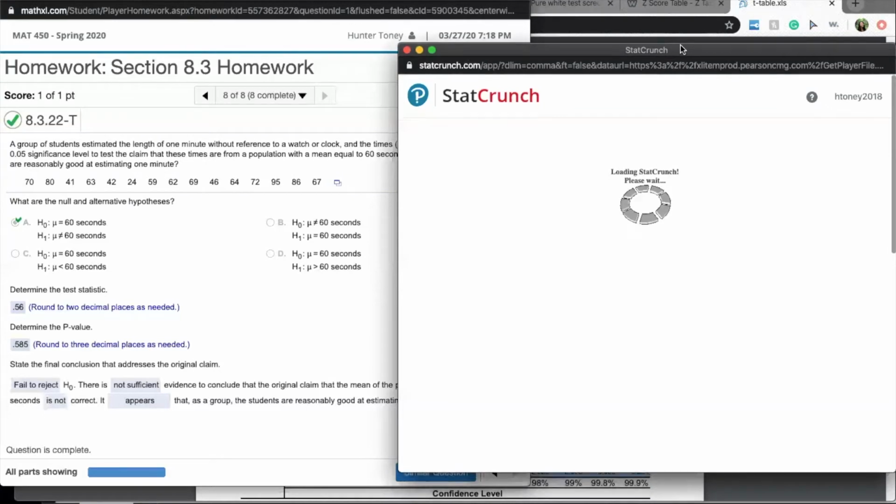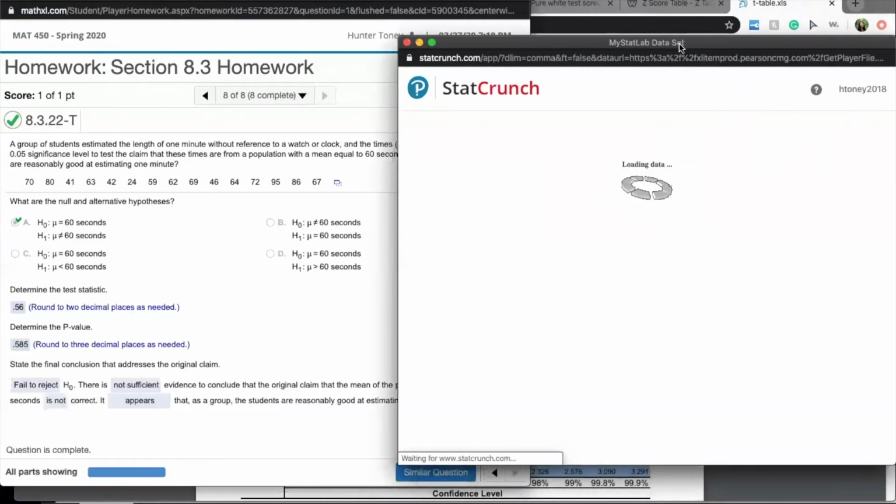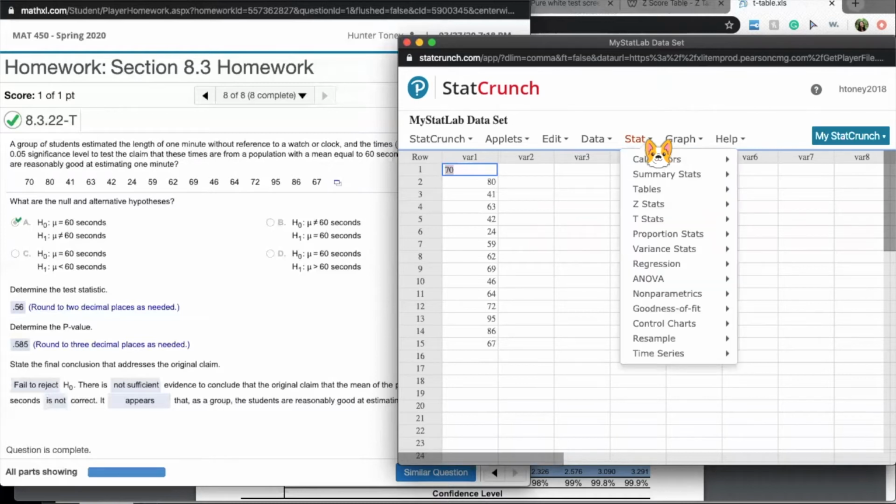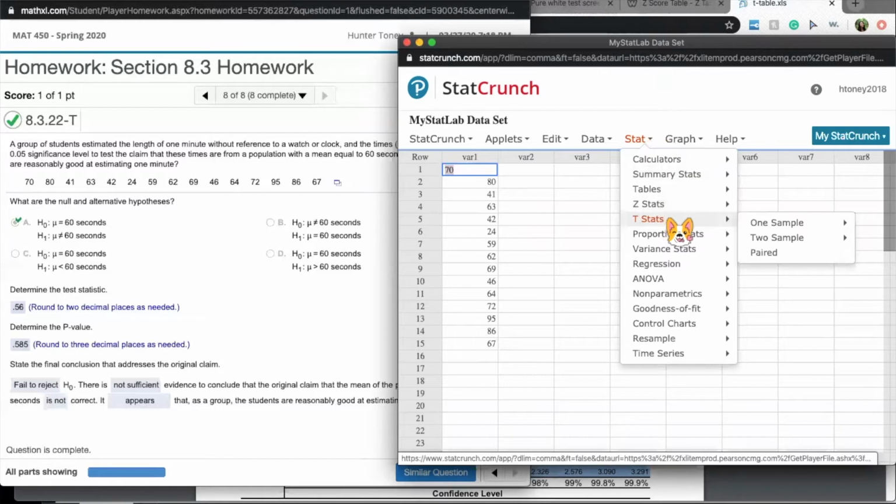And hopefully it will open quickly. All right, so we now have our list exported into StatCrunch. So we can go up to our stat selection, go down to t-stat. We only have one sample and we're dealing with data. And remember, we're dealing with our t-stat because we don't know our sigma, which is our population standard deviation. So if we select with data,